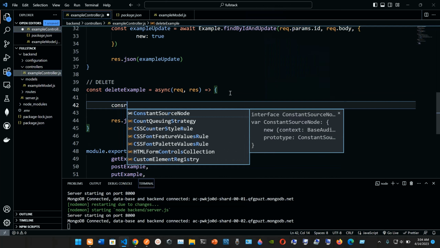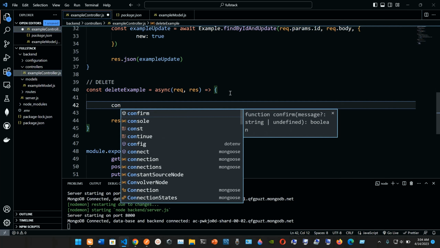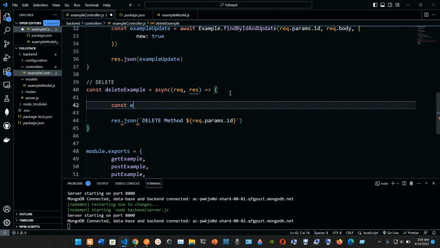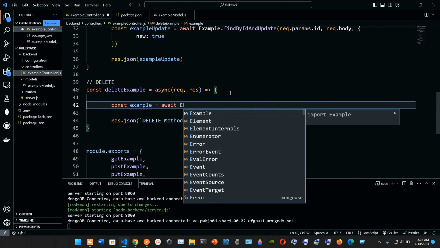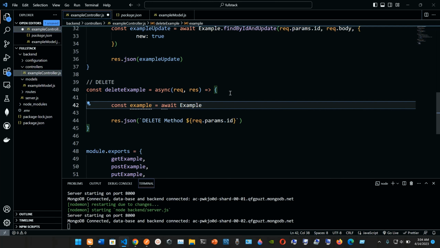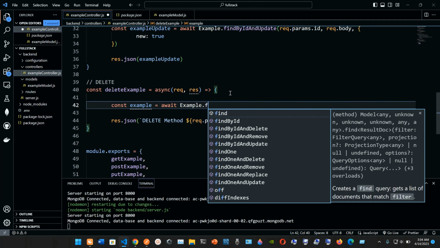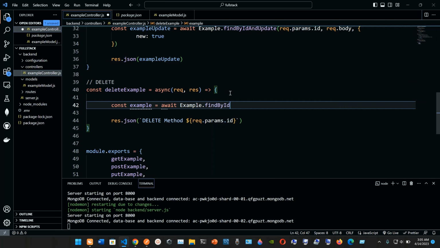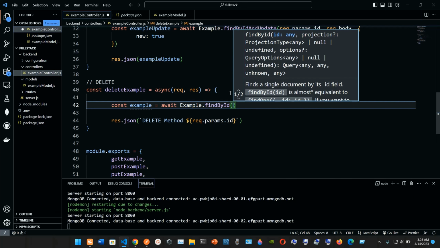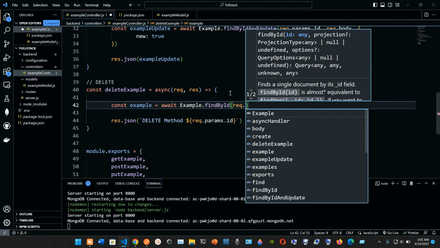So we're gonna create a constant, and this name is gonna be example. Okay, so we're gonna await the model, and in our case the model name is example. So we're gonna find it by the ID. Before we delete something we need to find it, so that is the reason I'm finding it by the ID. And to do that we're going to be using